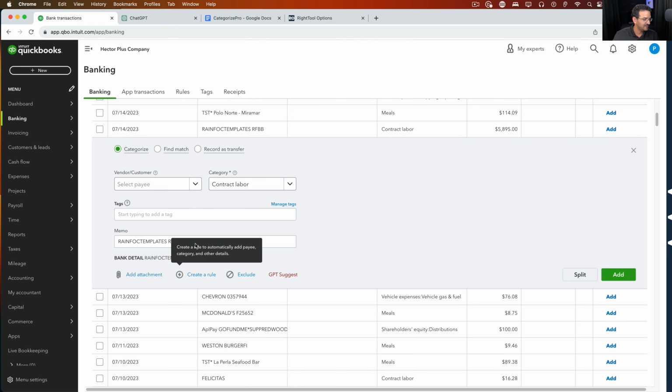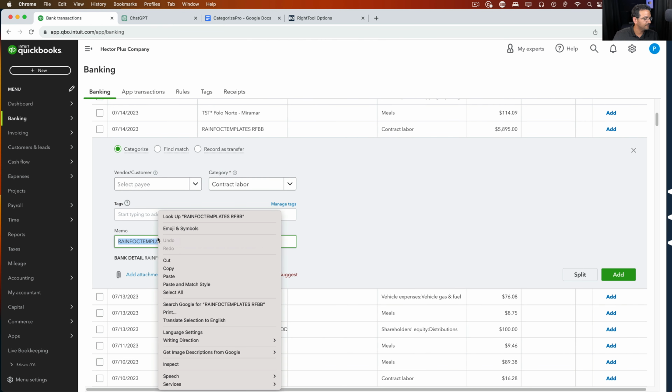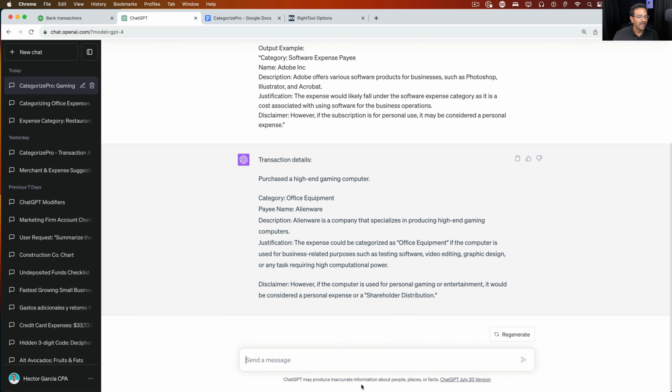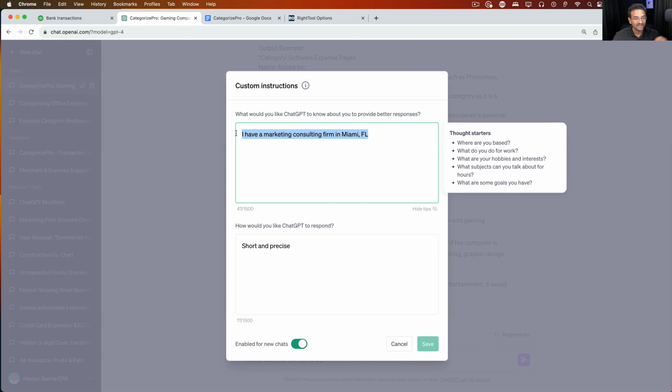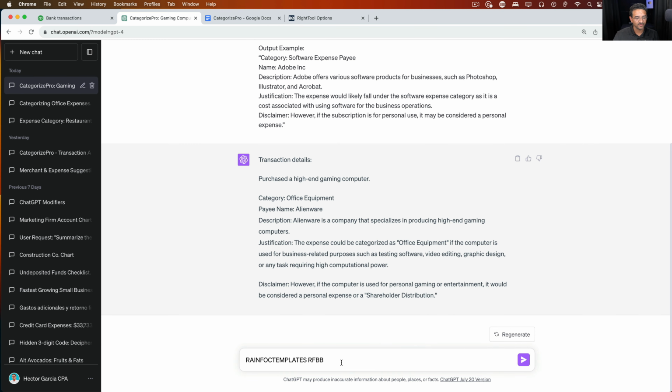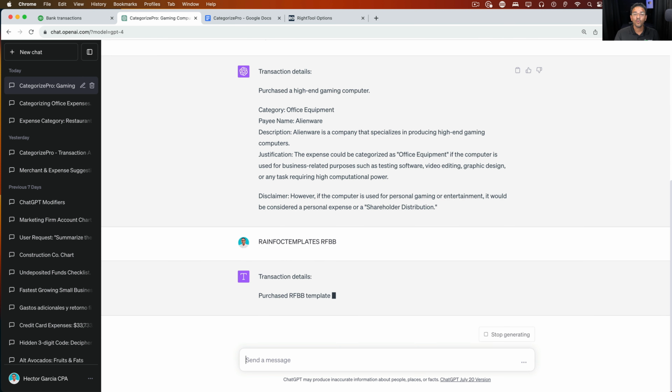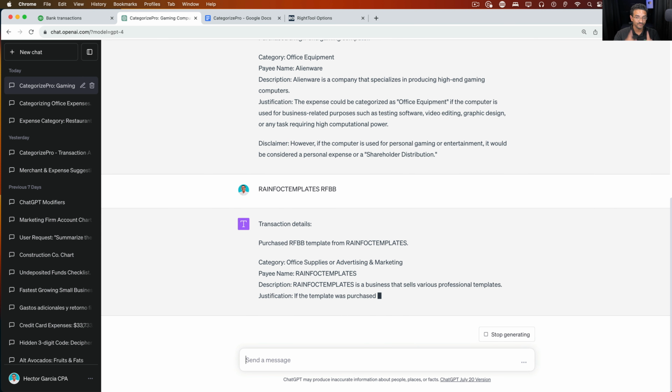I'll copy and paste this into ChatGPT, and then we'll see if the custom instructions, me telling it that I am a marketing consulting firm, and then putting that payee in there and pressing enter, will it give me a different suggestion? Check this out.